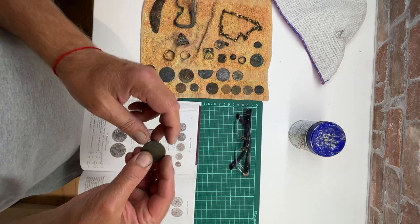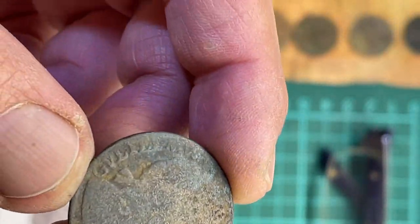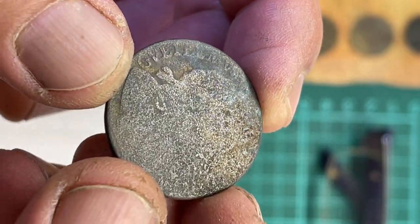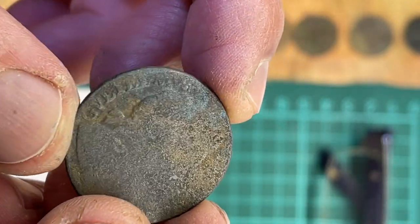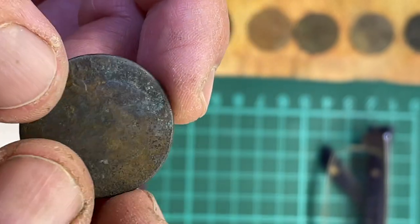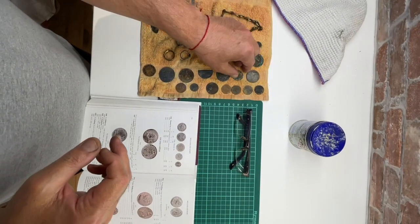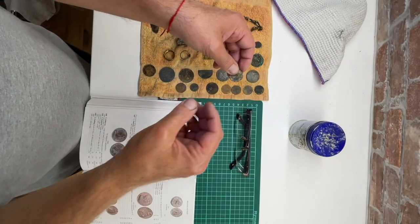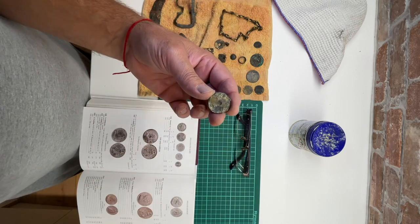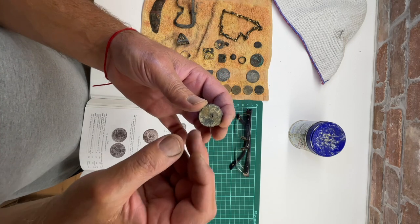So it's a halfpenny of King William III and Mary II. There you go. And then the next coin down is also another William and Mary. So William III and Mary II. This one